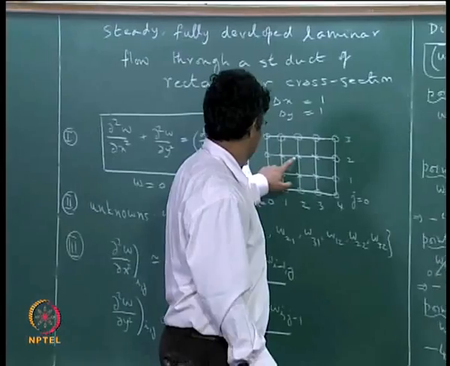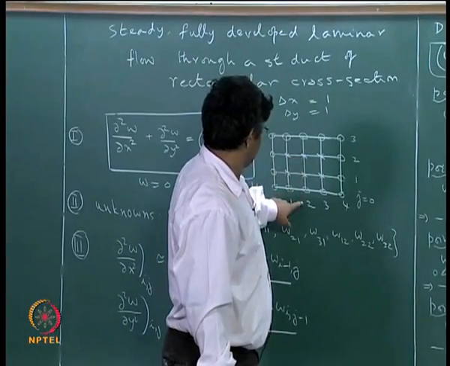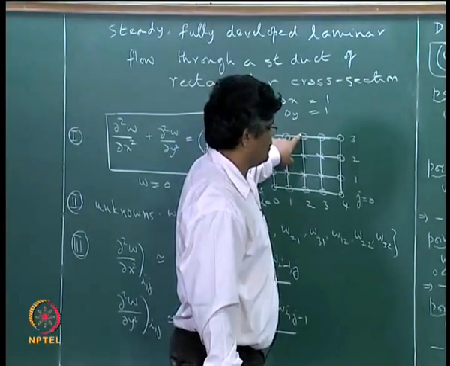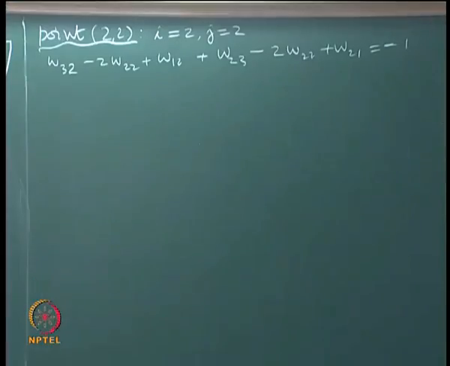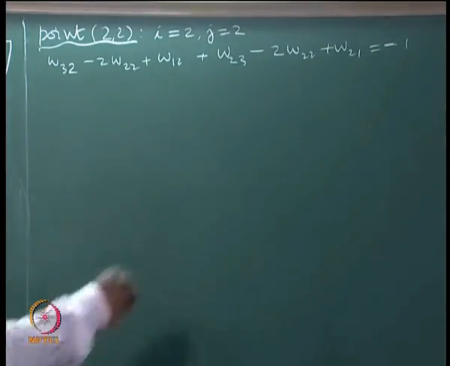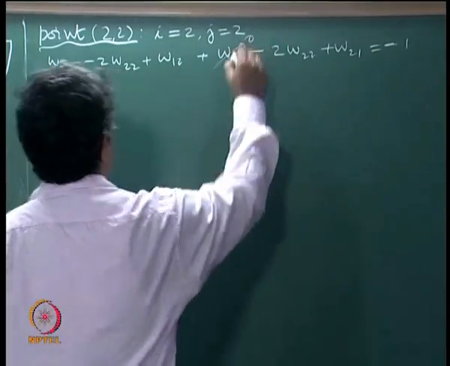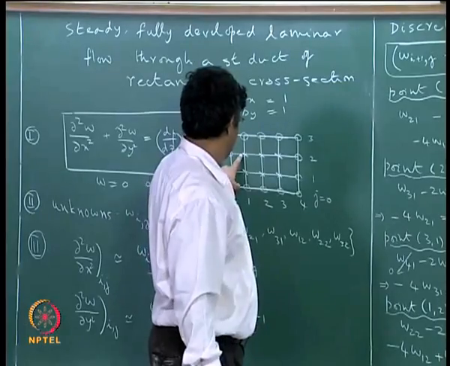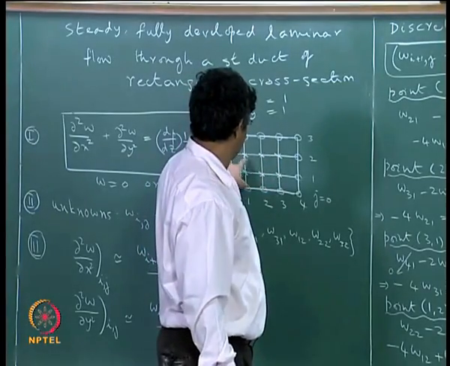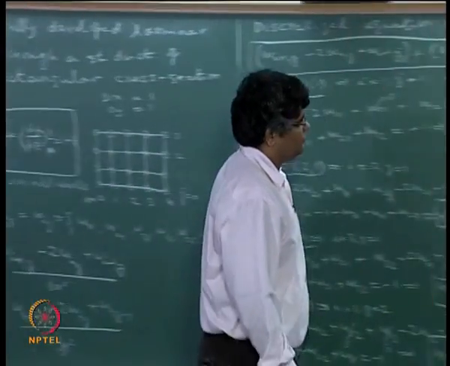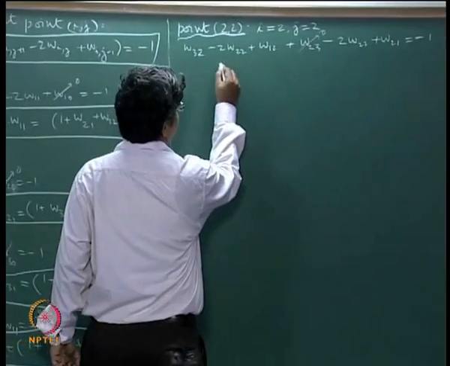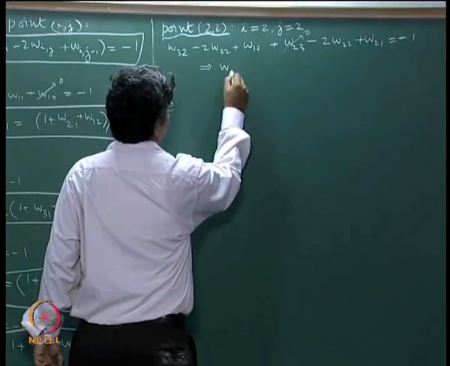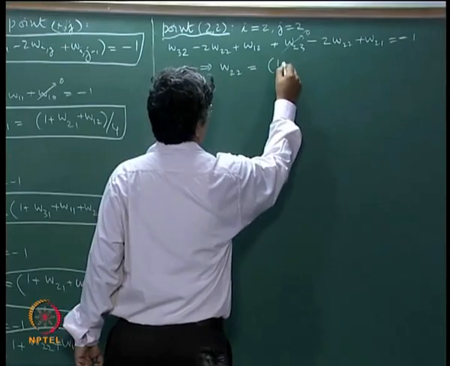So we are looking at this point here. W23 is a wall value, so this is equal to 0. So it will be 1 plus this plus this plus this divided by 4. So from this we can write W22 is equal to 1 plus